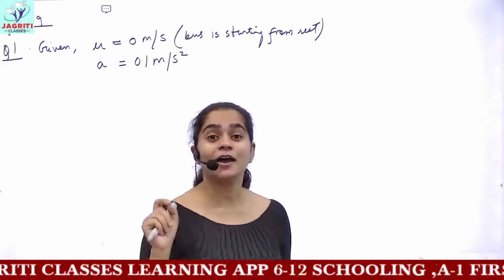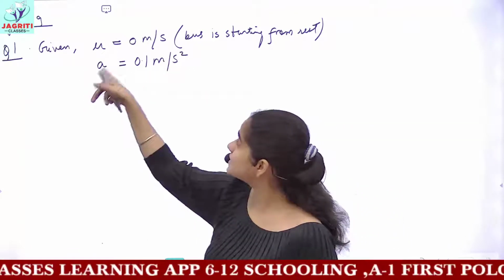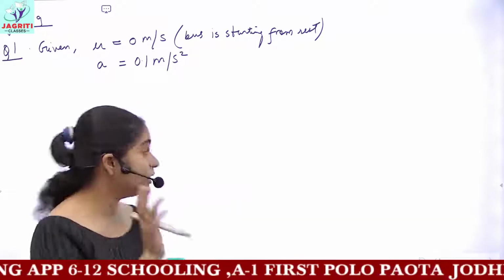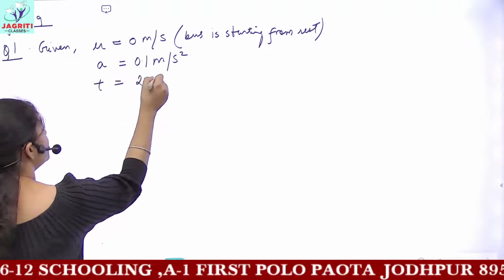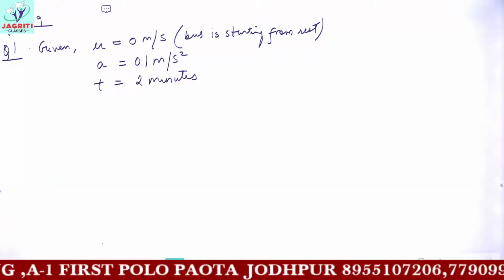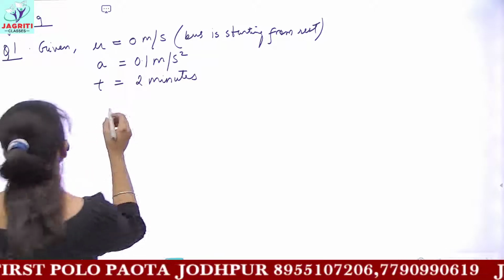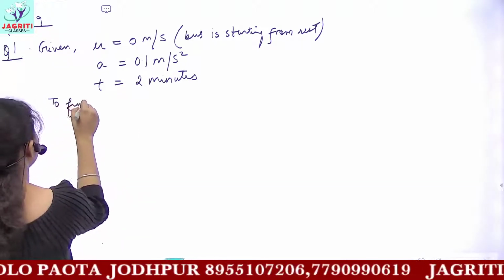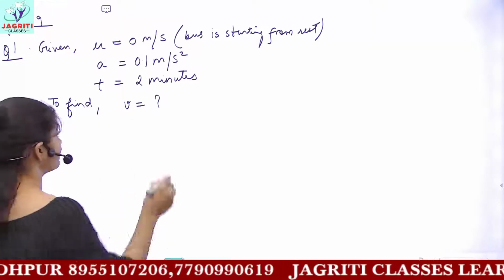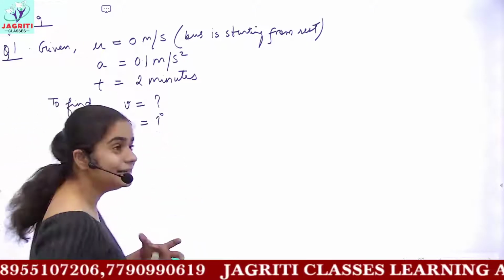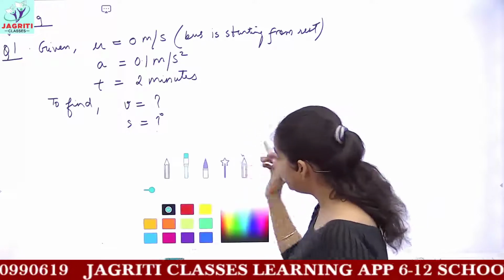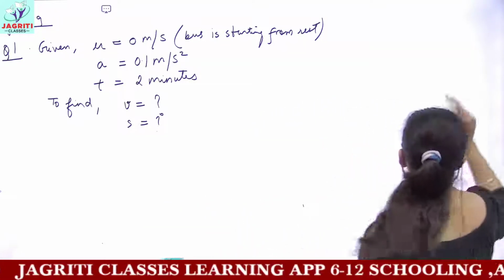I hope now you know all the units and can remember the symbols and units of all the physical quantities. Then you are given that time is 2 minutes, and you have to find two things. The first is the speed acquired, which is your final velocity, and the next is the distance traveled. So after the given, we'll write to find. How to solve this? For solving all these in-text questions, you have your three equations of motion.